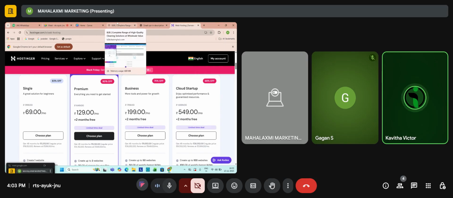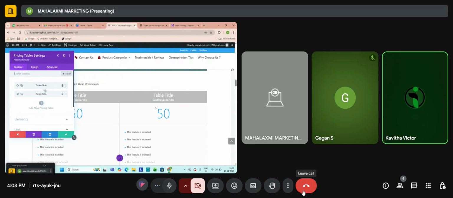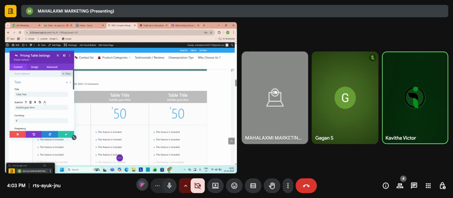Meanwhile, Gagan can share your screen and work on this. Click on the setting icon, first setting icon. Yes, 3 is added now. Go back. Start working from the first one. First setting. So listen, first title, subtitle is like the one liner. Scroll down. Currency is in dollar. You can change it to Indian rupees. Frequency is per piece.